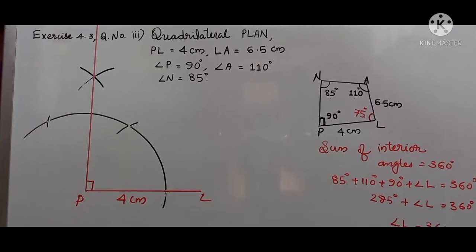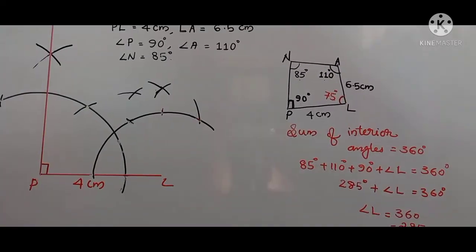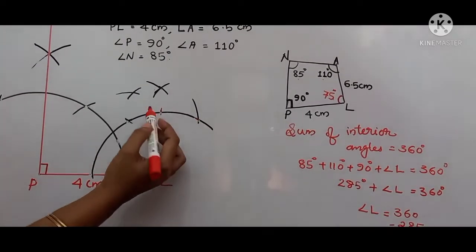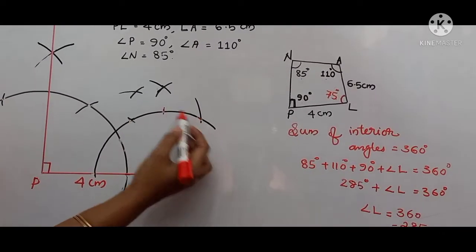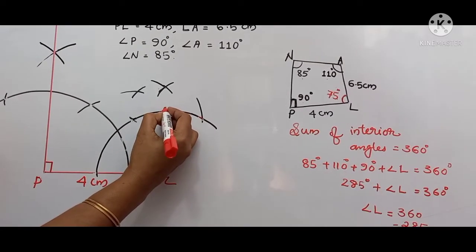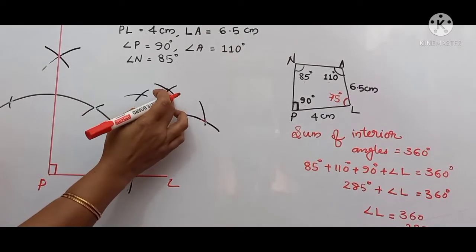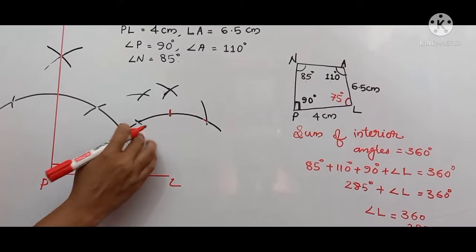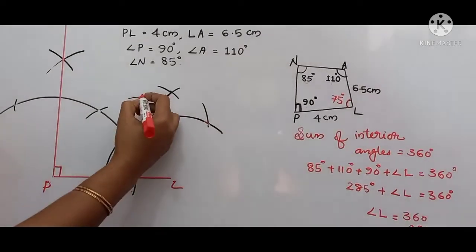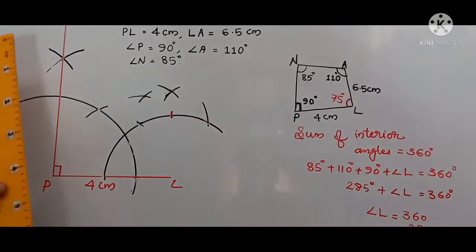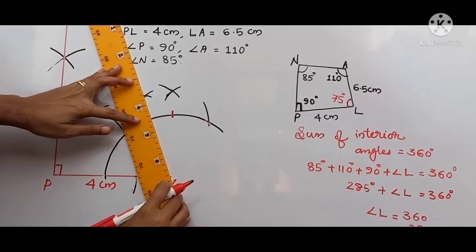And next is angle L, 75 degree, we have to draw. Okay, then we have constructed that 75-degree angle here. See, this is 60, 120 and this is 90 degree. Definitely we have to mark that 90 degree on the main arc, and do not draw the bisector of this one and this one. You won't get 75 degree. So definitely we have to mark that 90 degree on that arc. Then this is the 75 degree I have marked there. I have to join it now.